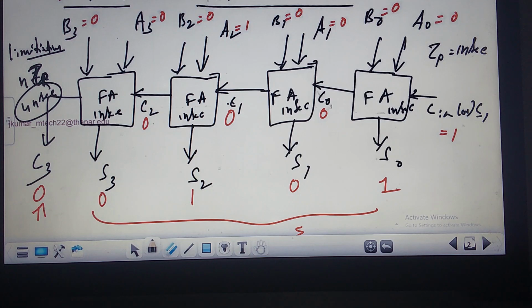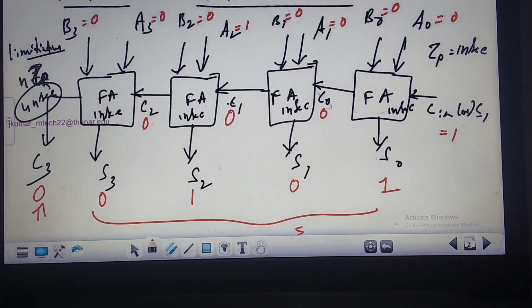So one such adder is the carry look ahead adder. What is this carry look ahead adder? Let me show it. This is my 4-bit adder. As soon as my minuend and subtrahend are available, I know what my minuend is. Say for example, the minuend is 1001, 0010. This is my subtrahend. To do this in the parallel adder, first I need to check C minus 1. Suppose I take this as 1, and whatever carry is generated will be propagated to the next MSB bit, again the next MSB bit, and the next MSB bit.